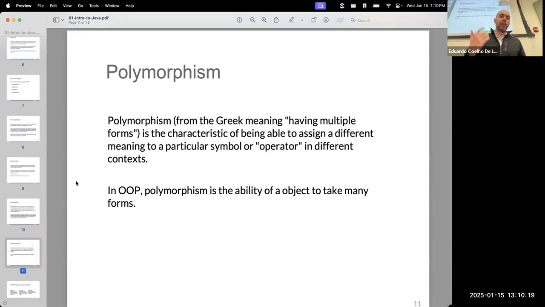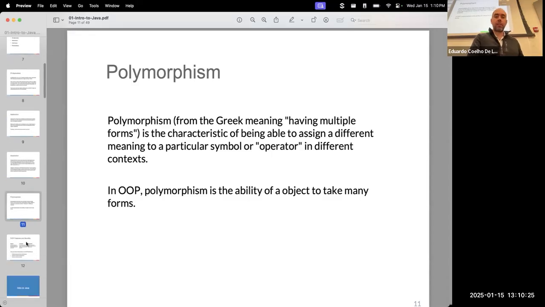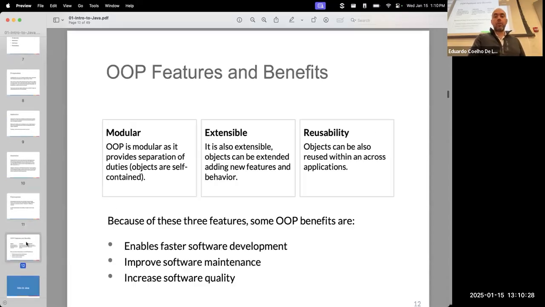If they're not different, then there's actually no reason why you would want to have two different implementations. And that's going to be related to some other things that we are going to talk about as well. So all those things combined, we can list these design features, these paradigms, for OOP